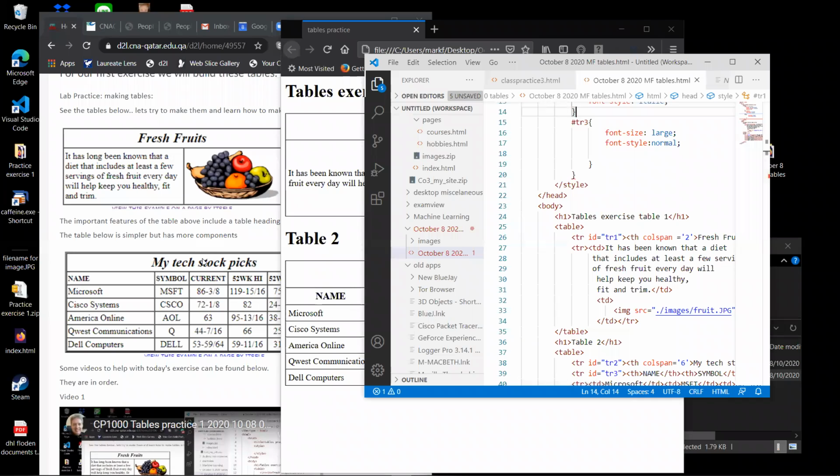Now, in the second table, the first row actually covers 6 columns. And so how that's achieved is in the first row, we put a command of colspan 6. Now, I think that's enough of me talking about that now. So I think I'm going to